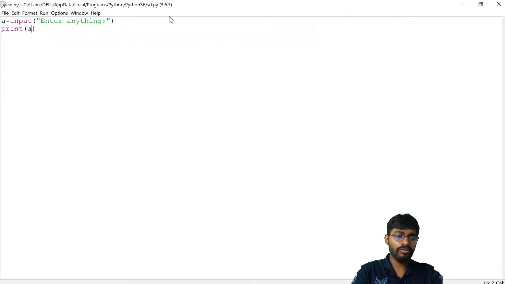Now this data I have to take for comparison purposes. So here I am providing b equal to another input, as I need one more data.